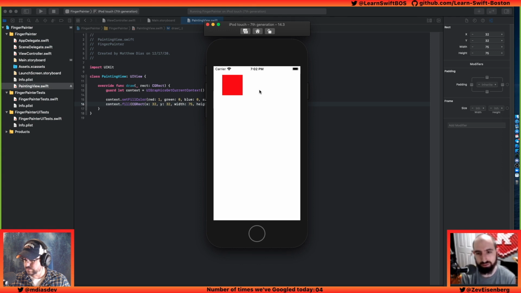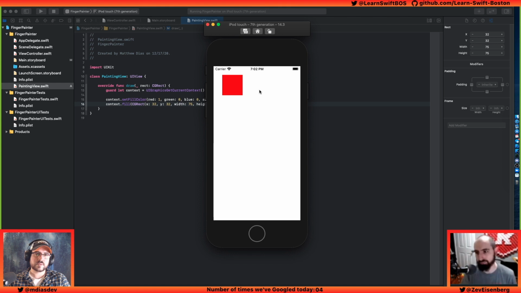Hey, look at that. And so yeah, so like set fill color, fill. This is part of this toolbox we'll have of primitive drawing operations. You can draw lines, you can draw rectangles, ellipses, polygons. You can do blend modes. You can do rotation and scale kind of stuff. And these are the basic building blocks we're going to use to do our drawing. So our job is going to be to hook up some of those drawing functions to the point where we're